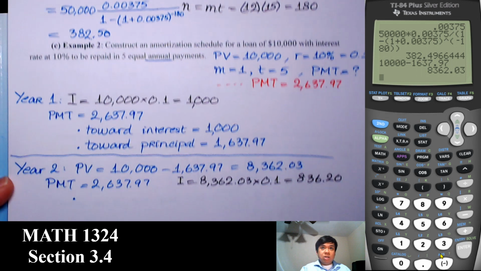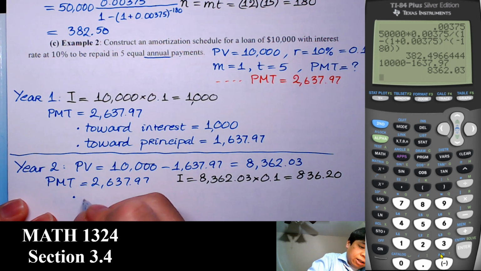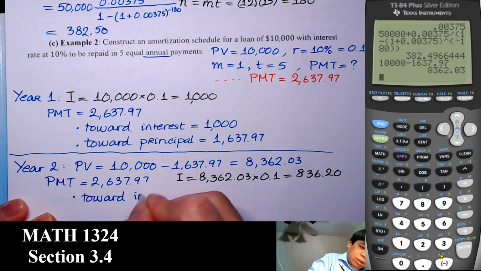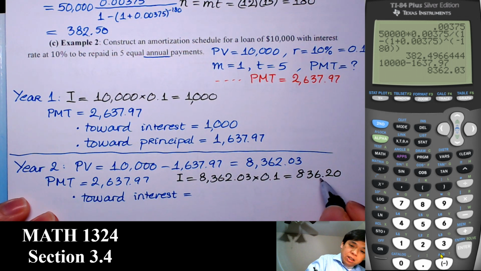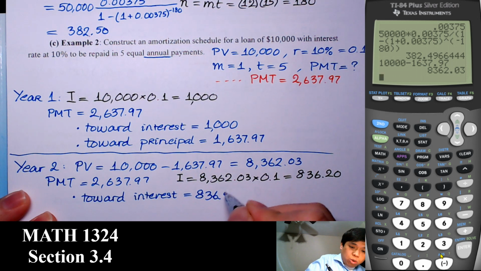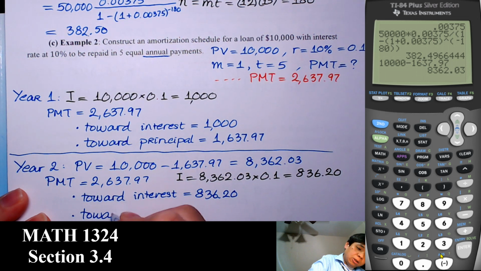So the interest now is only this much. So we still make that payment, but now toward interest it's going to be 836.20, and then the toward principal